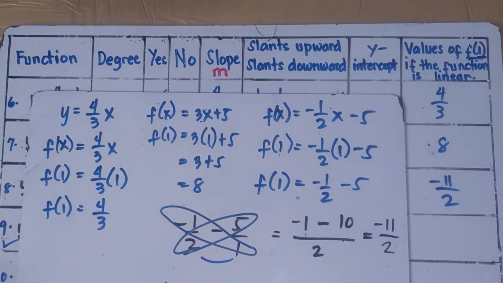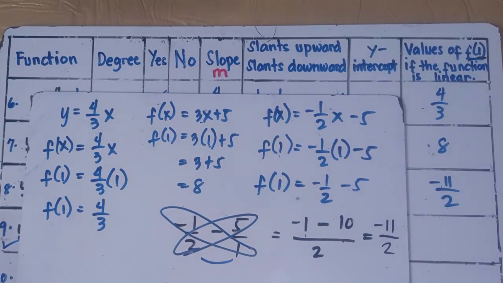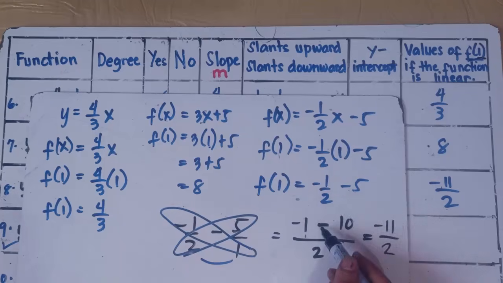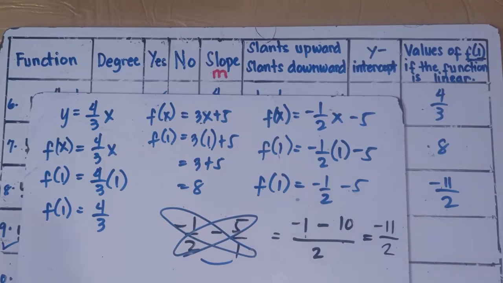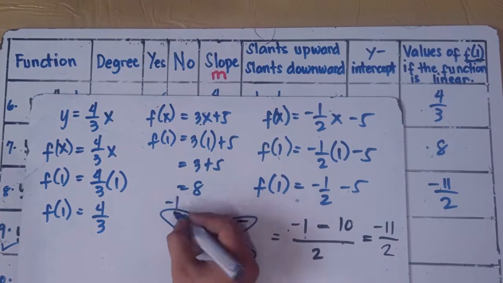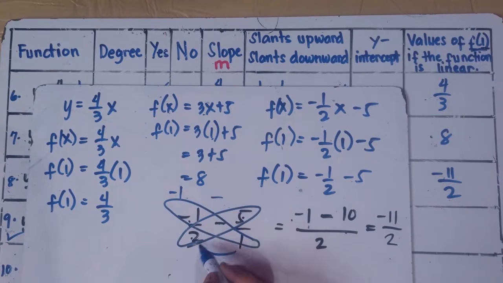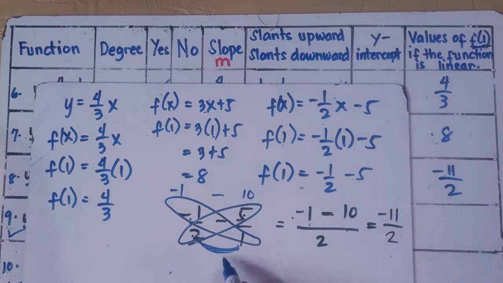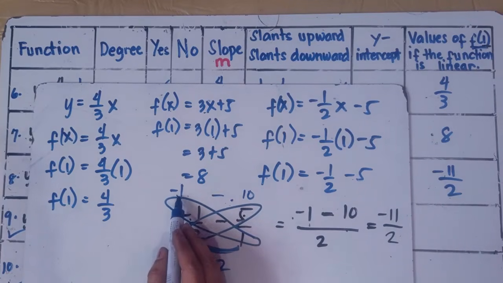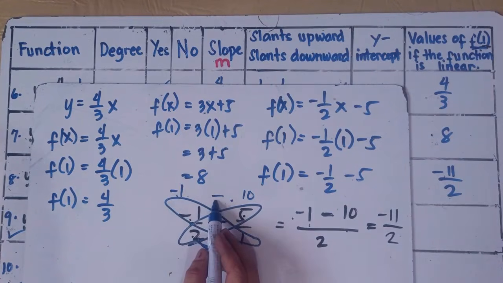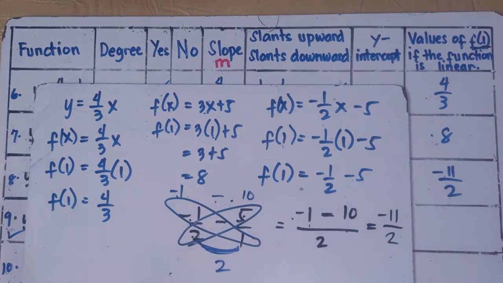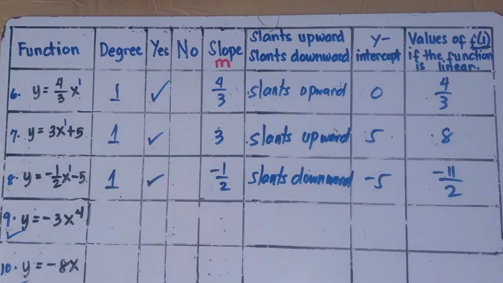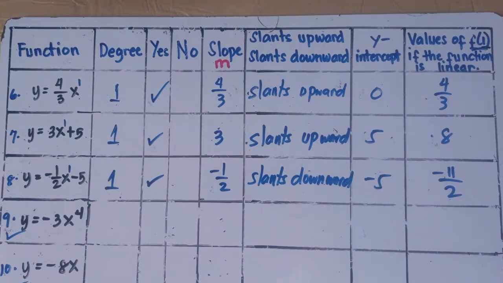Once again, class, I hope you're not confused. Do the butterfly method. If you have a given example like this, it's very easy, class, with the butterfly method. 1 times negative 1, that would be negative 1. Copy the sign, and then 2 times 5, that would be 10. Multiply on the bottom part, 2 times 1, that would be 2. And then combine negative 1 with negative 10, that would be negative 11, simply copy 2. And that would be negative 11 over 2. And then we're all set, class. Once again, you try number 9 and then number 10,